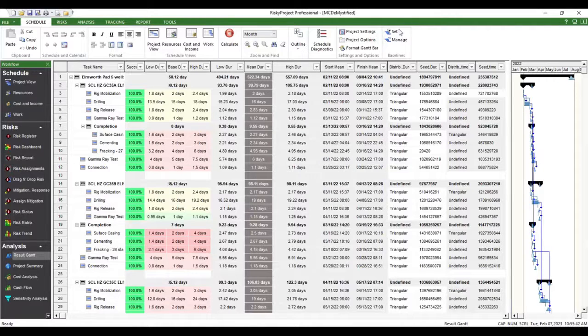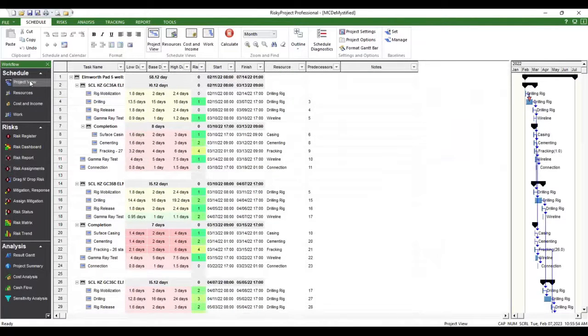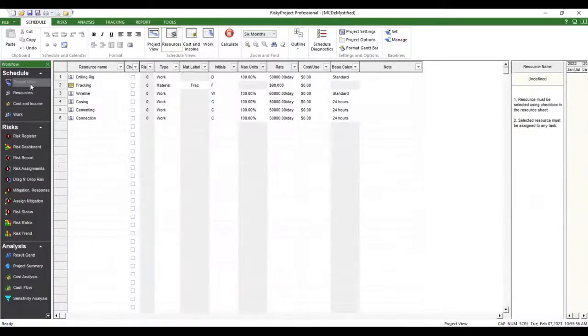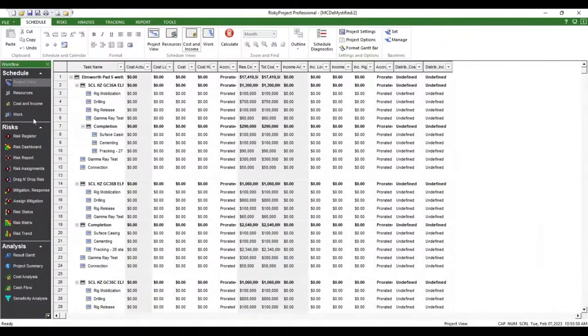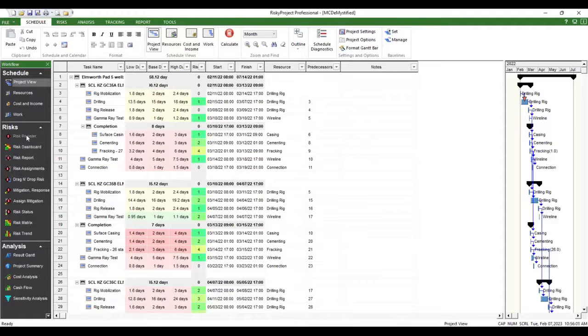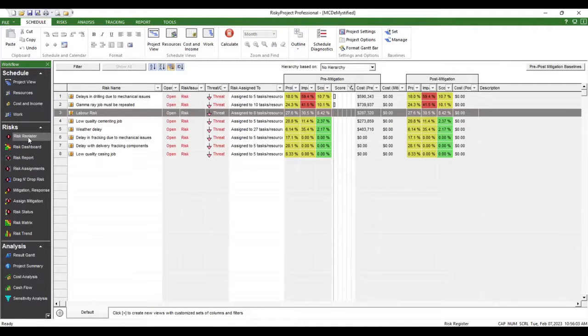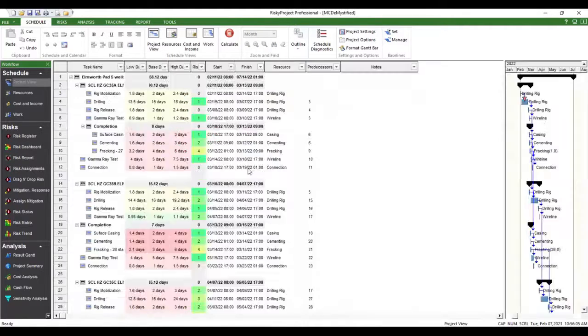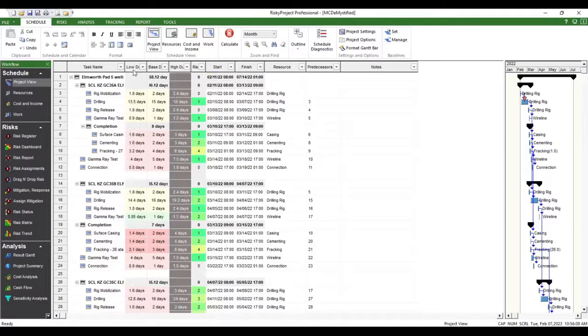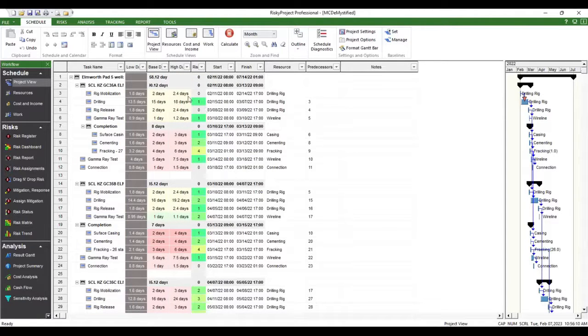So that's really how we run through the process. Import or create the schedule in your project view. You can add resources as this one does, or fixed costs. Import it. We're going to add risks from the risk register, and then we're going to assign 3-point uncertainties. If you don't already have them, you can do them manually and add a distribution type, or you can use